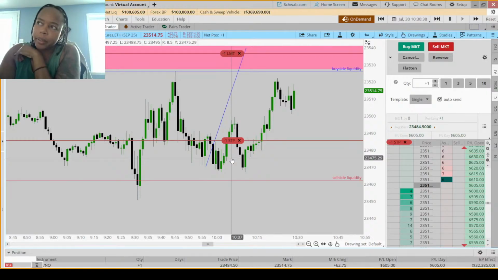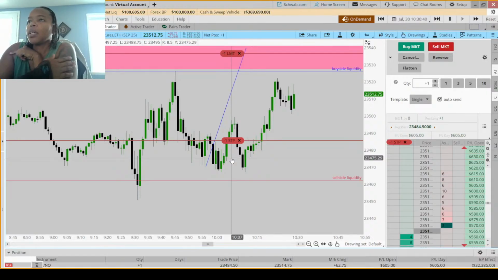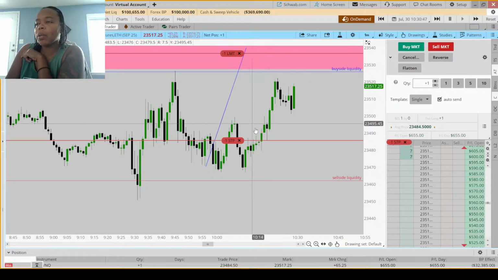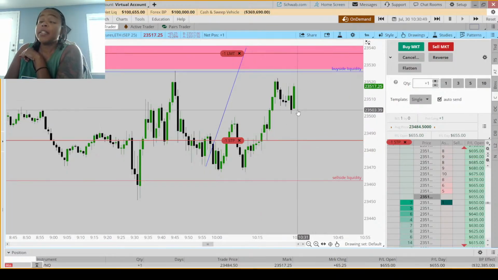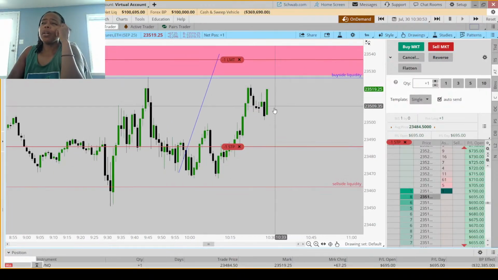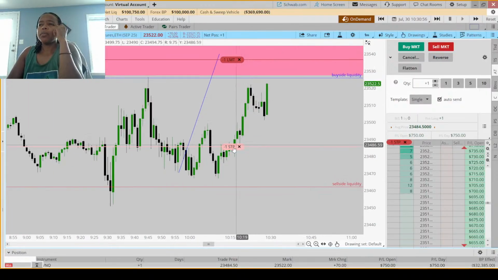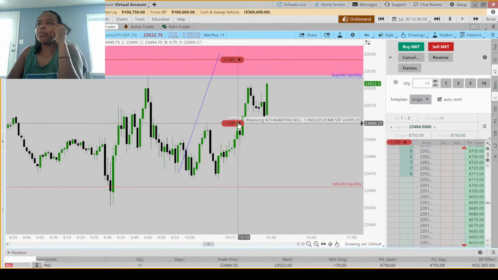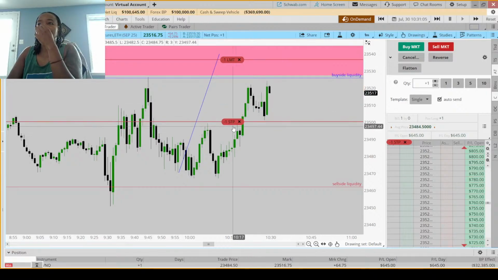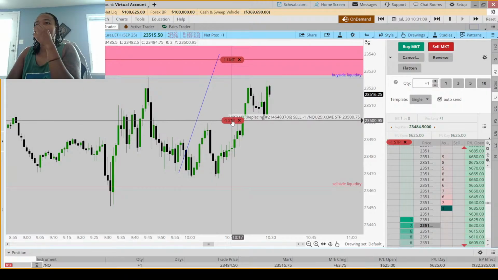So I like this reaction here. That looks really good. And so we've tapped into this. Like I said, I didn't want them to come back all the way down here. So this is what I'm thinking all the time when I'm in it: I need to lock in. So nice movement. Like I said, I'm gonna move my stop to here to lock in the five. And again, I shouldn't do that. I should put it at the lows right there that it just formed. That's where it needs to go.